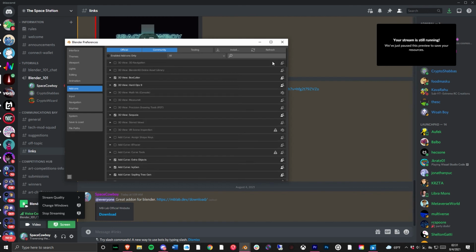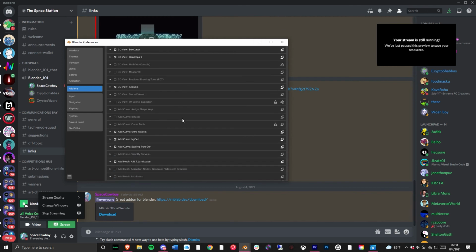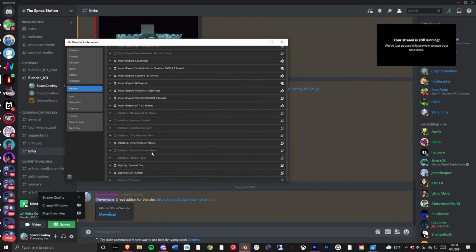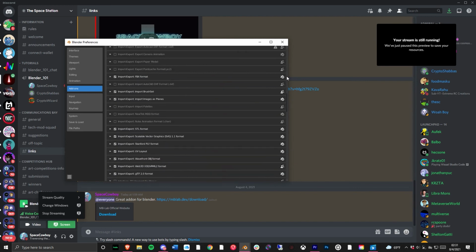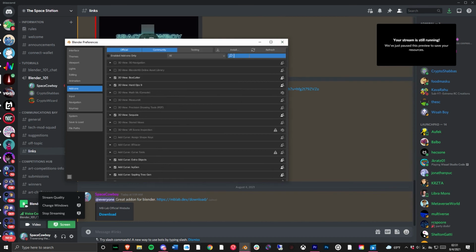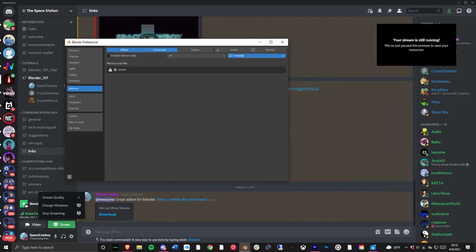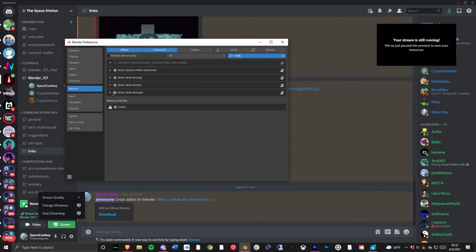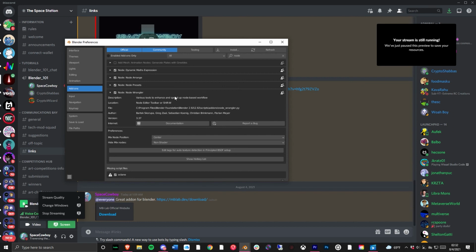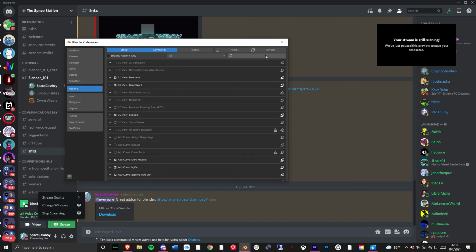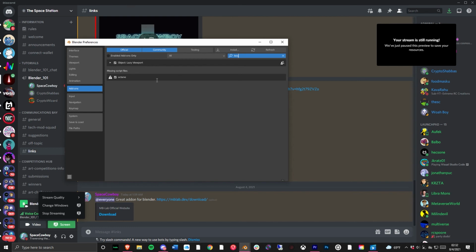No problemo. And while we're here, let's go ahead and look at some other add-ons that are pretty good that come with Blender. So most of y'all will already have, let's find it, I'll just search it. It's called Node Wrangler. This one right here. This is really good if you're doing node trees in your shader tab, but I think most of the time it's already turned on. But there's another one as well that should already be installed called Lazy Viewport. This is the best